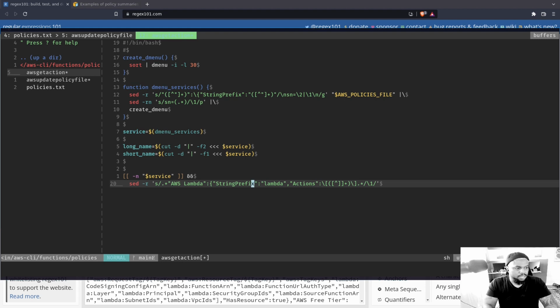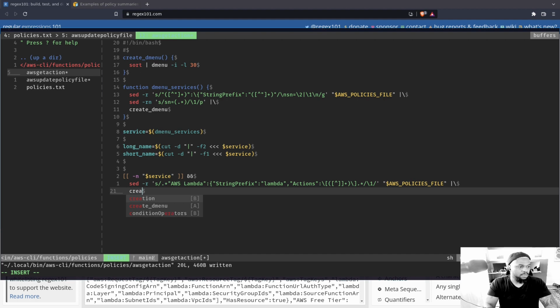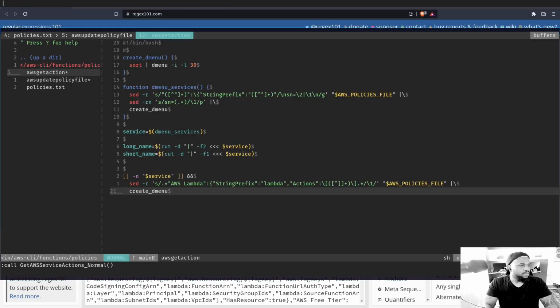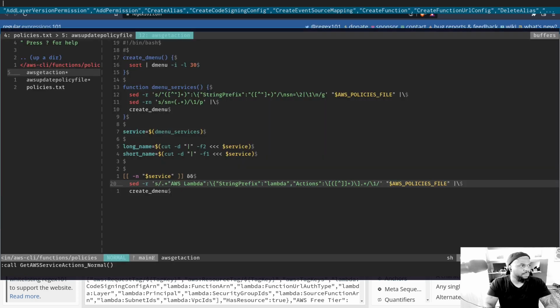So I do need to make some changes here. What I need to do here is, well, let's just try it real quick. First, let's see what it does. And that's going to be that. And let's also pipe this into dmenu. So we pick one, and oh, sorry, forgot to escape this character. I think that's what it's complaining about. All right, so good. We have our different